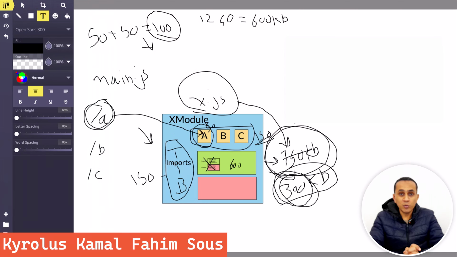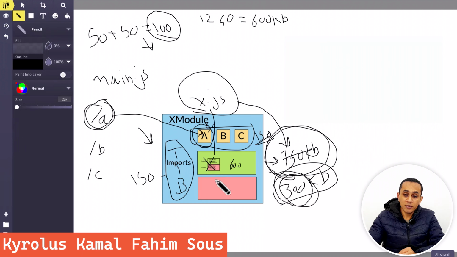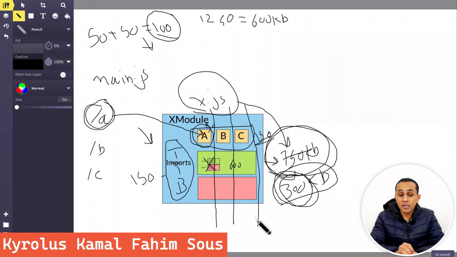So what is the best solution for this problem? The best solution is to make one module for each page or for each view, which means that you have to make, for example, one module for component A, one module for component B, and one module for component C. Okay, this is good for performance, and this means that you will use only the code that you actually need.